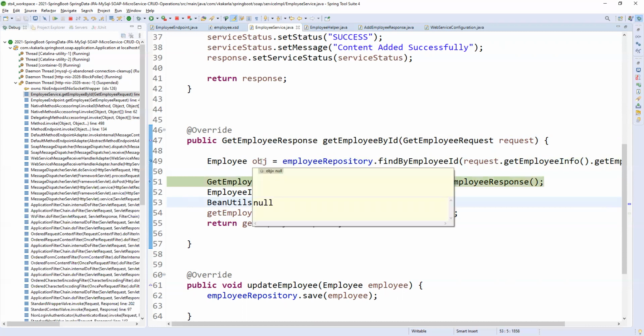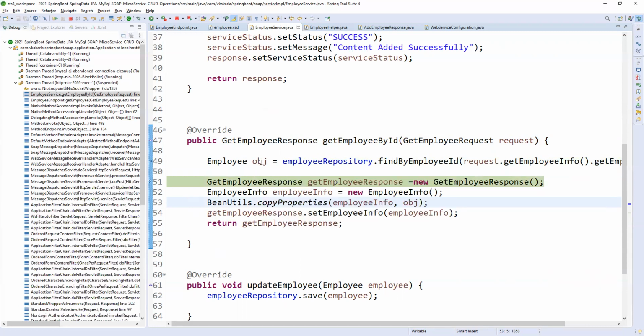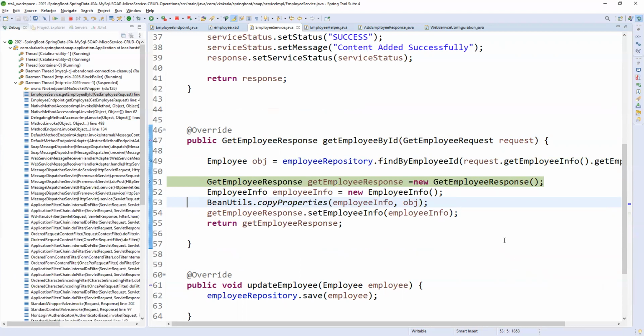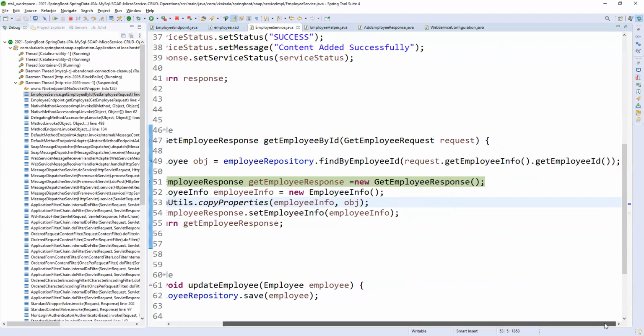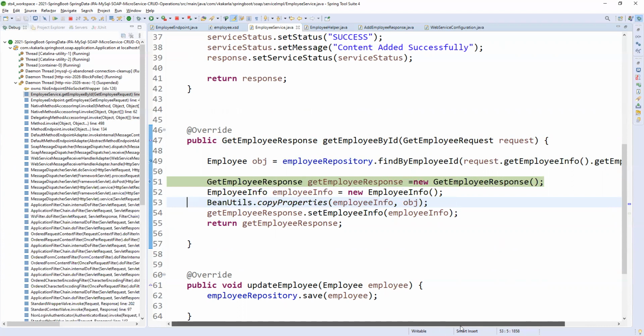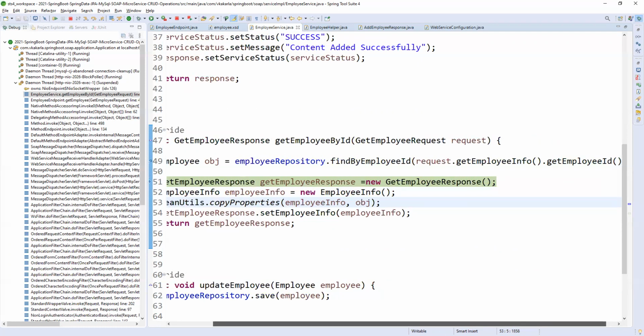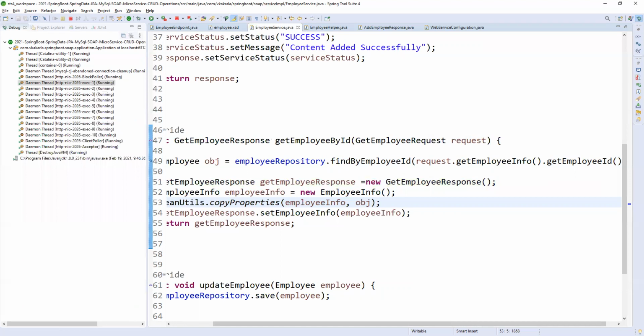So why is the employee object coming now? Let me check.